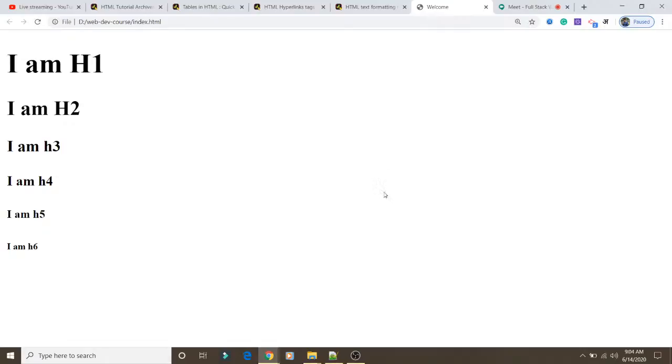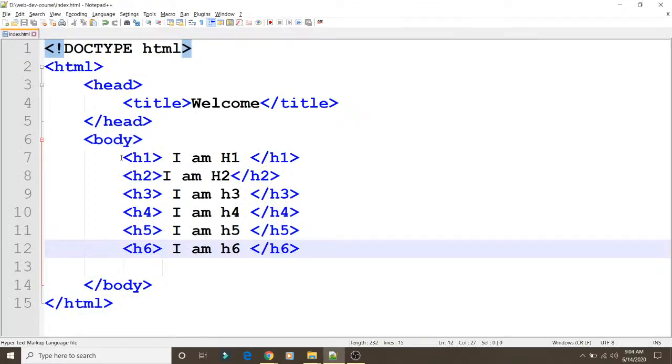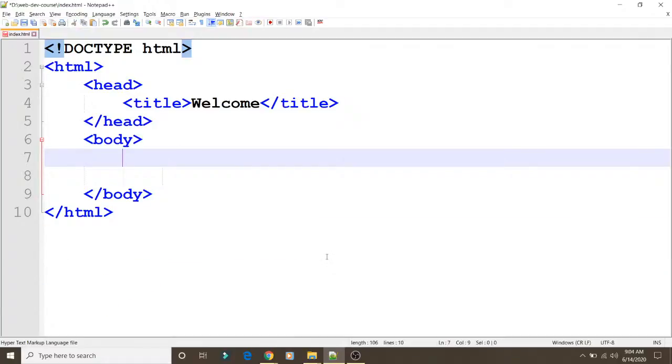The next tags are like, we had seen formatting tags yesterday, right? But apart from all those formatting tags, we do have a couple more formatting tags which have a lot of different functionalities in web pages. So we'll see some more text formatting tags. The next tag for formatting is highlight.